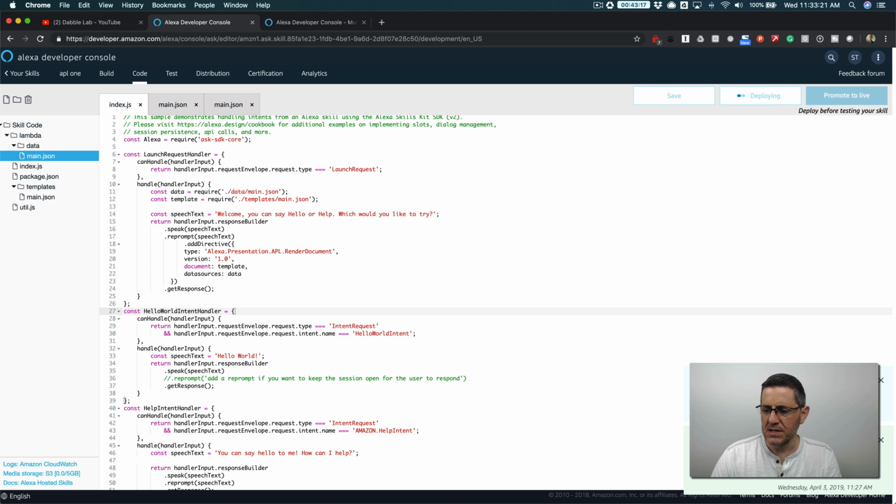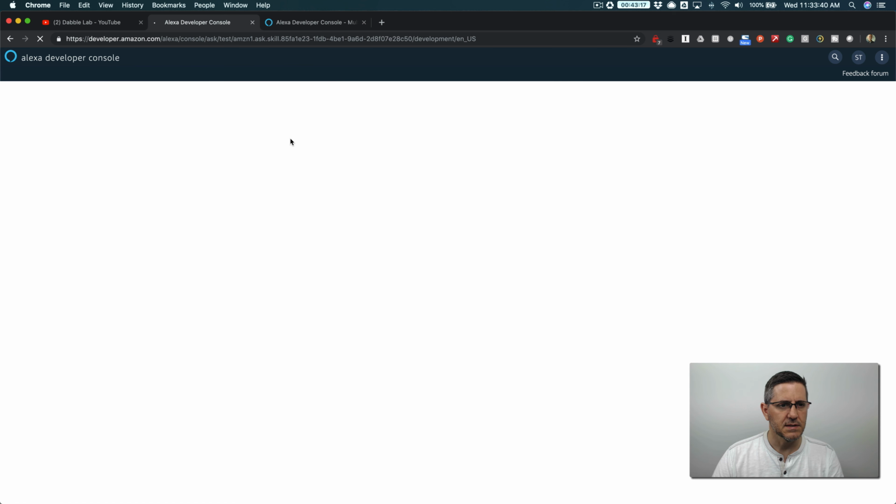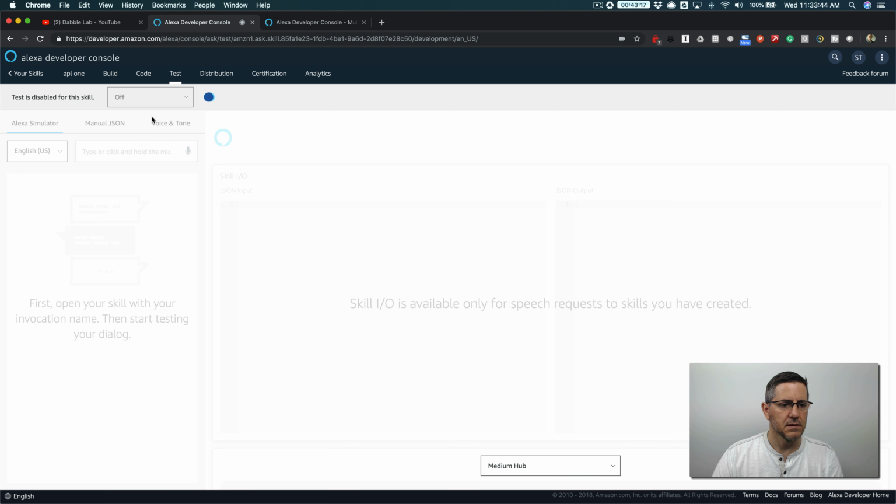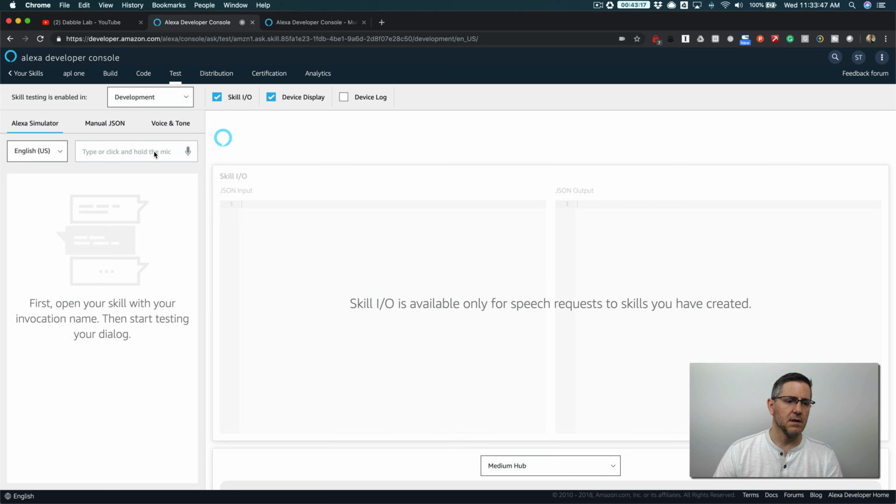And this is what pushes it out to AWS. You don't need to have an AWS account when you're using the Alexa hosted skills. That stuff is all handled for you, but that's what's happening when you do deploy. So now I should be able to go over and test this. Go to the test tab and turn on testing for development. And then I'm just going to say,